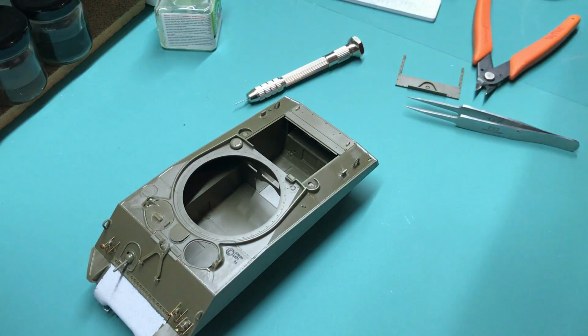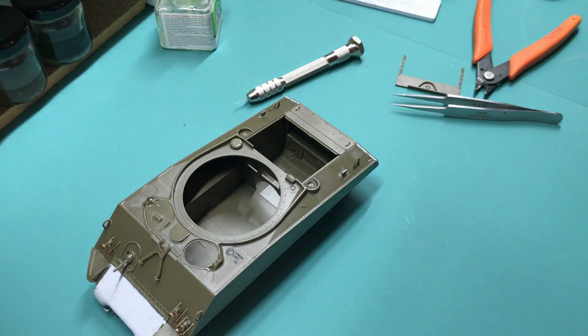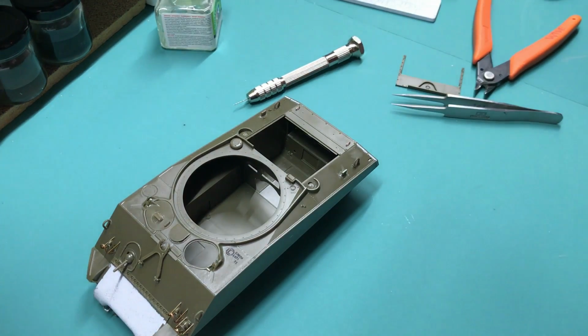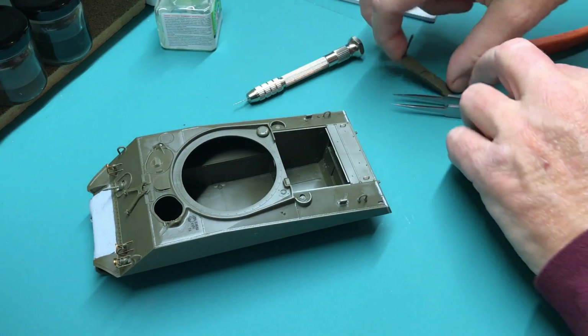So then all you need to do is just take your glue of choice, and you know, I guess you could put glue in the holes and then put them in, or you can use super glue and use an applicator and put it around the bases there, and pow, you got yourself some handles. So I'll glue those in a minute, but